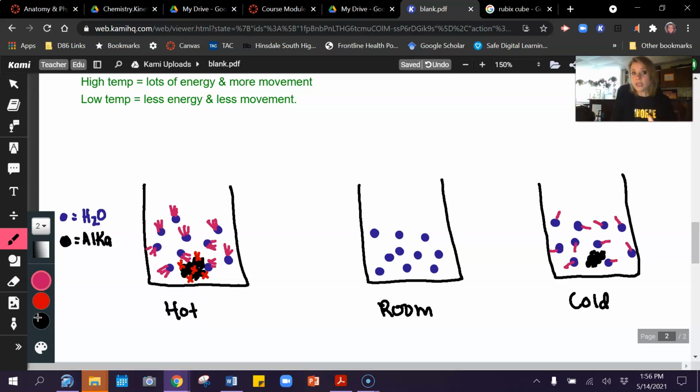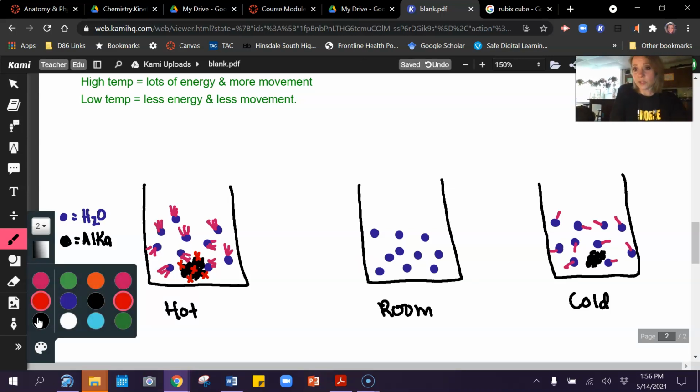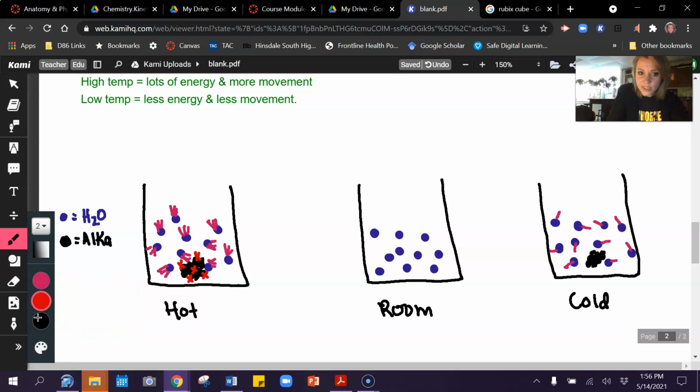So first of all, the number of collisions is going to decrease. So we had 5 in our hot water. I'm going to just draw maybe like 2 in our cold water. So not only is the frequency of collision going to go down, but so is the energy of the collision. The force with which they collide is also going to go down,